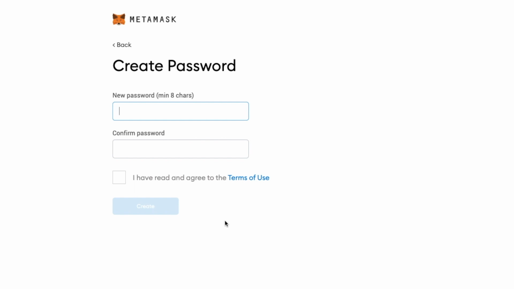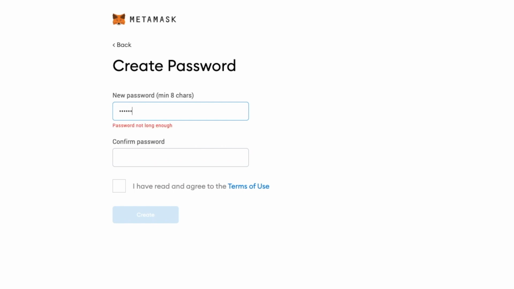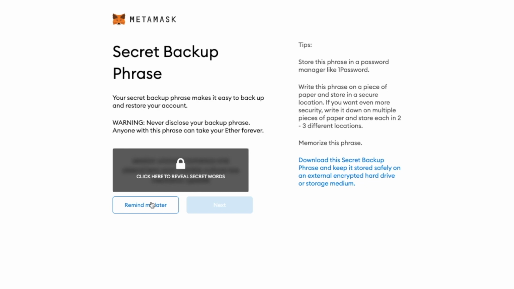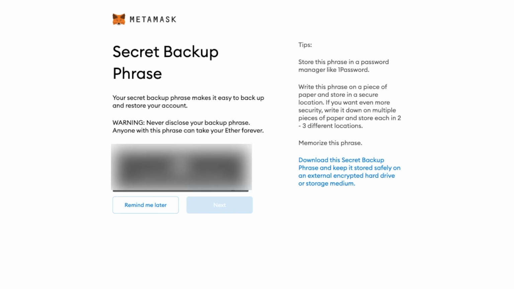It is recommended to use a random password generator for this step and store the password securely, possibly in a password manager. Now, do remember that if you lose your password, it would be very difficult to get access to your wallet. If you lose your seed phrase and the private key, you might permanently lose access to your wallet.